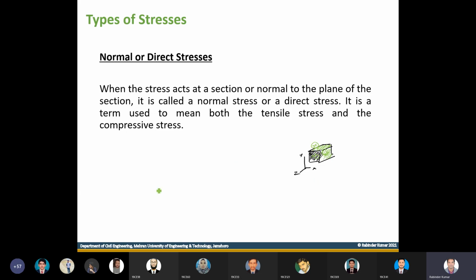So every time if I ask you to find the stress on xy plane, you need to take this dimension of area. For example, इसकी dimensions हैं 4 feet, okay, 6 feet, it is 4 feet. So every time, जिस तरह मैंने कल कहा था, normally we take this cross-sectional area, okay. Again you need to see on which plane you are going to find the stresses. So accordingly you need to find the area. ठीक है?